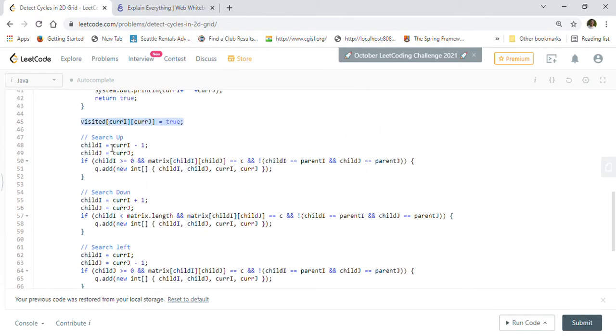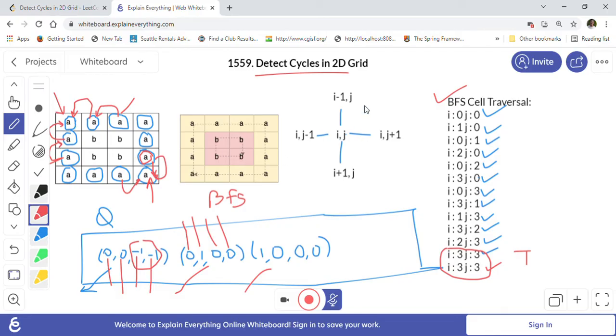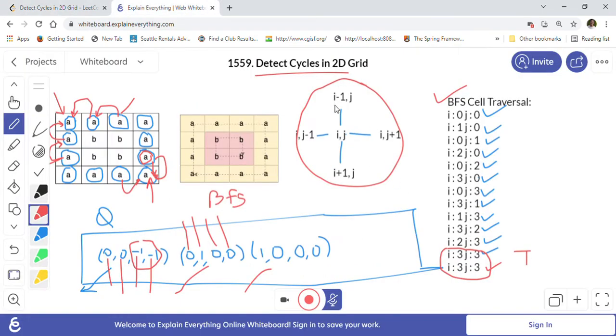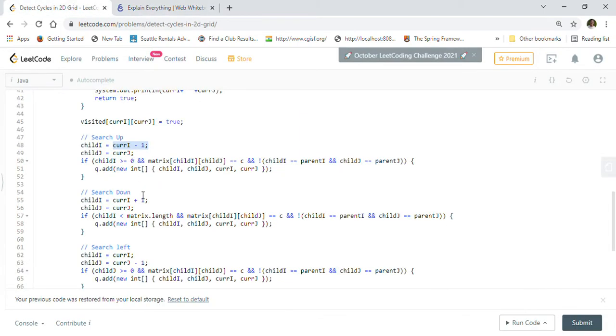And after that we are going to go in 4 directions, right? We will check these 4 directions that I mentioned: upward, downward, right, and left. So upward means i is equal to i minus 1, right? Because you are going upward. So you can see i minus 1 upward. Downward is i plus 1, right? So first we'll just modify i. We will update it by minus 1, right? Current i will become current i minus 1.